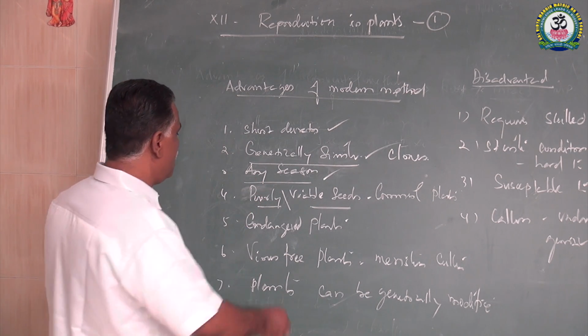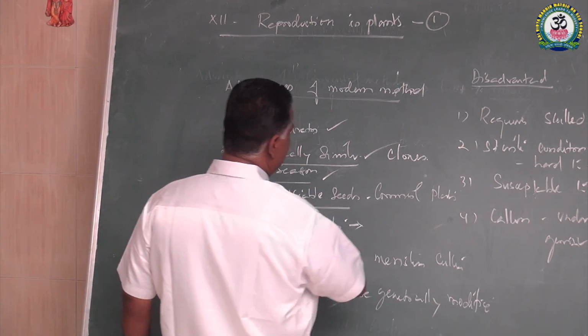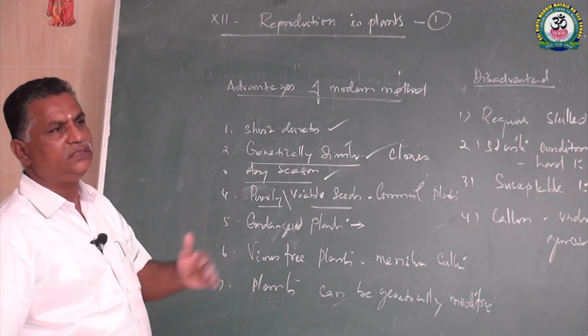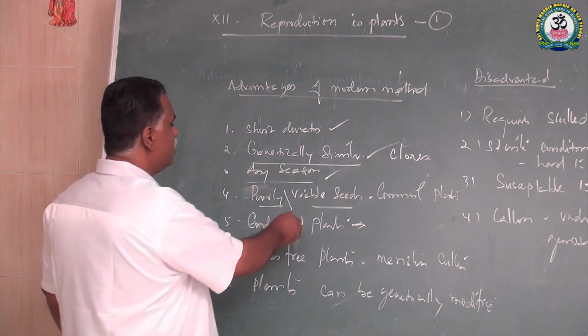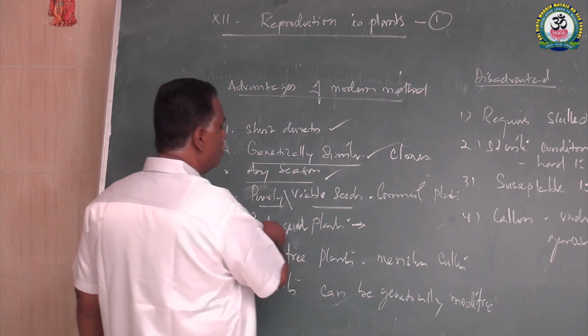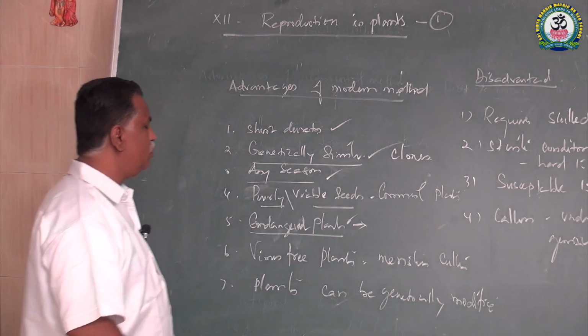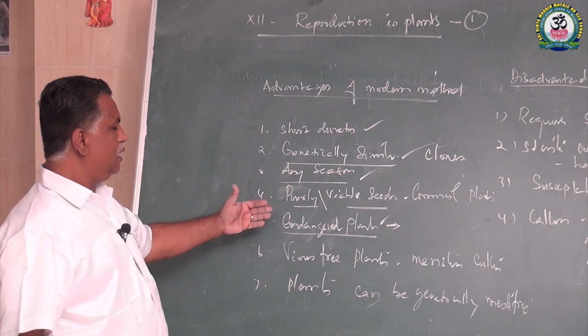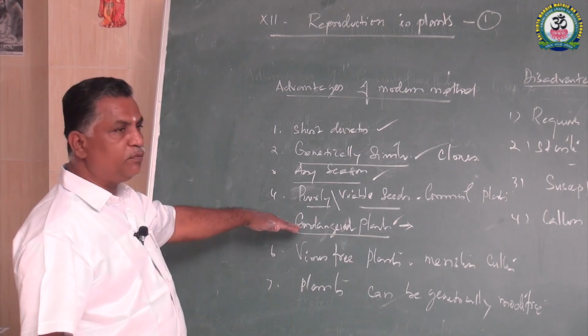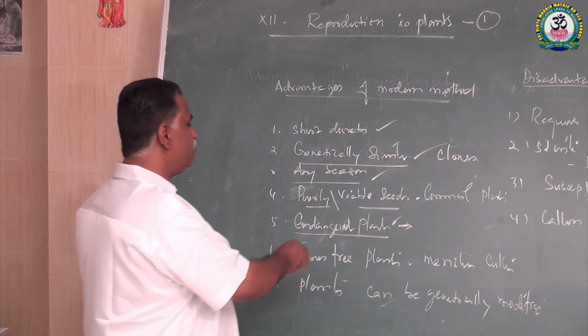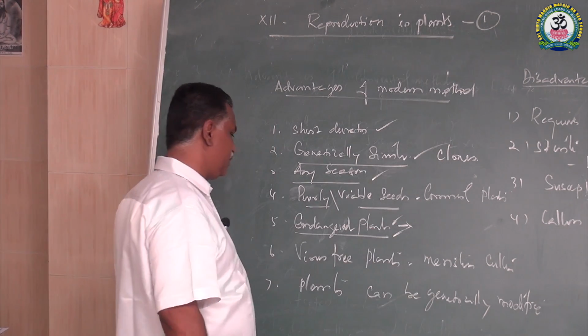And there are certain plants which are endangered, whose number is going on decreasing. To retain the plant on the globe, we take the leaf, stem, root or any part of the plant and we multiply them and grow them into entire plants. In that way, lakhs and lakhs of plants from a single plant can be produced. So endangered plants can be preserved by this modern method.